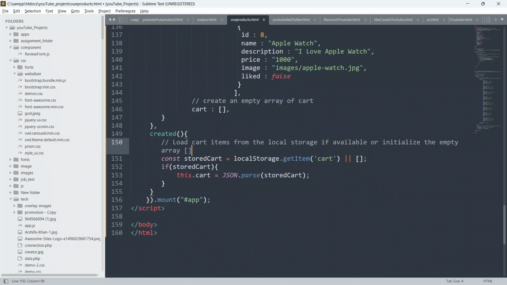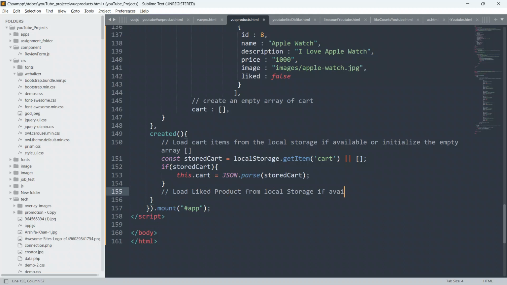Now I will create one more comment here: load liked products from local storage, if available.